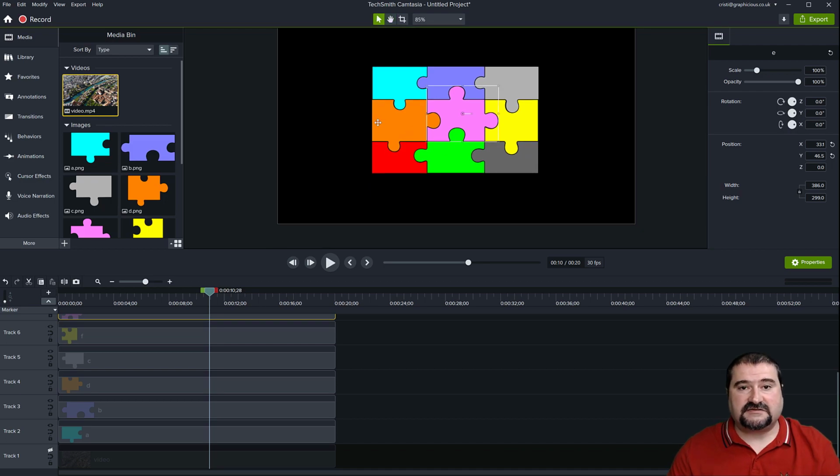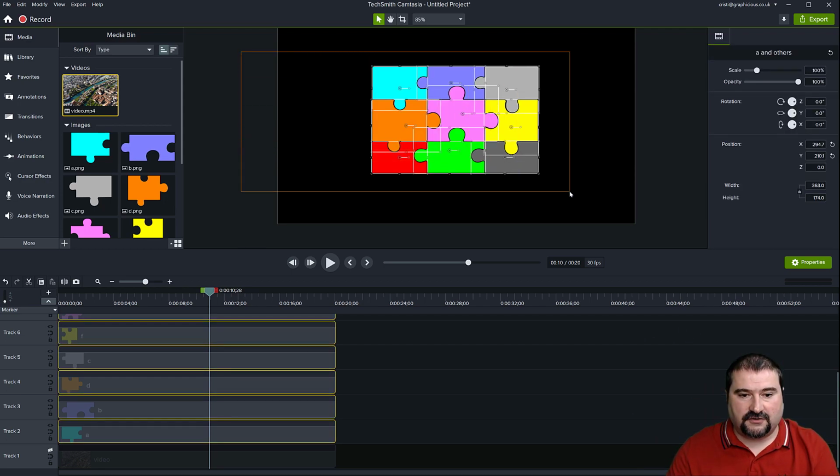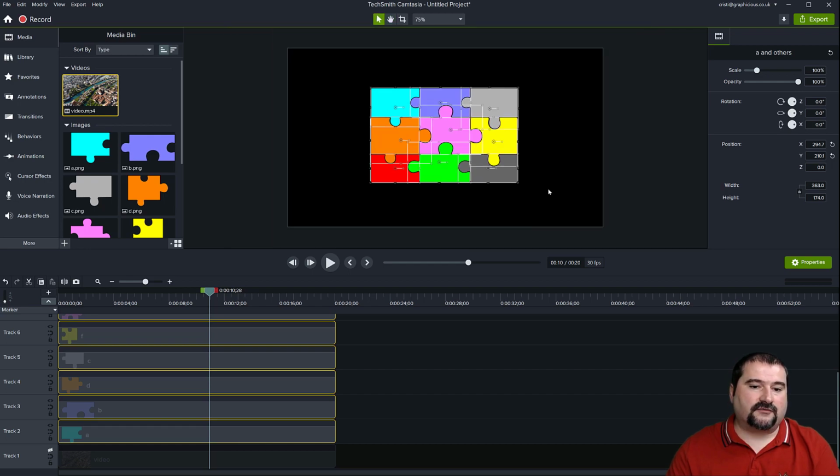Now, before I continue, I have to plan ahead and make sure that I have them at the right size when I need to start animating. So select all of them here and think about what is the final size they have to be on the screen, the final size of the video on the screen at the end of my animation, not at the beginning, at the end.